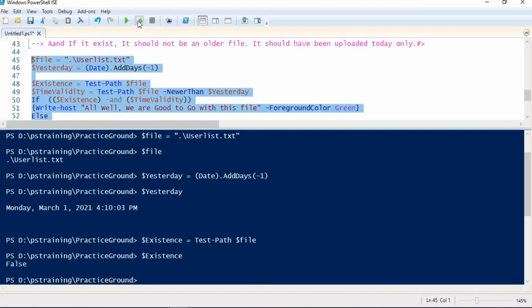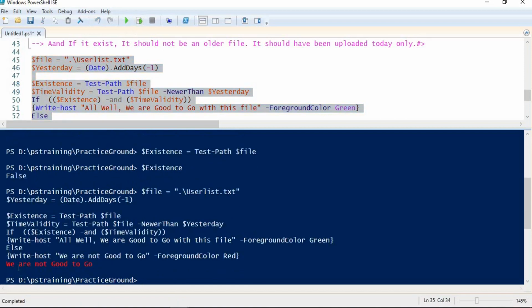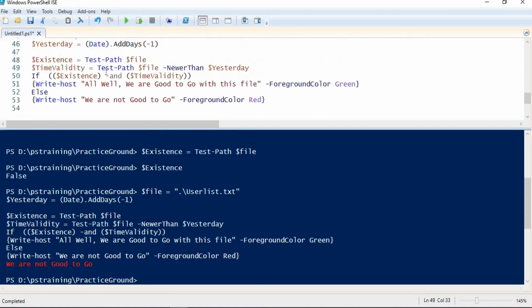So if I try to run this, we are getting an output like we are not good to go, because at least one of my conditions is false, whether this one or this one. As a whole, this condition is false, right?